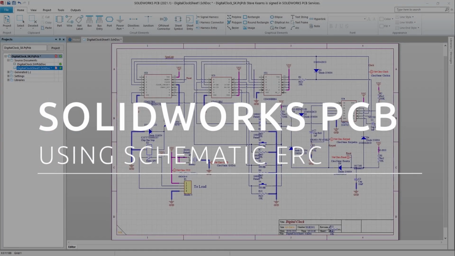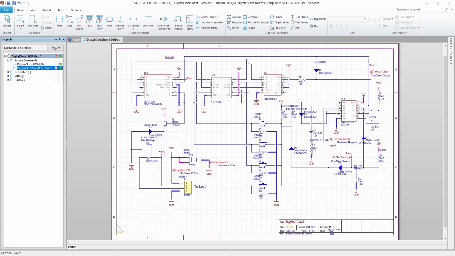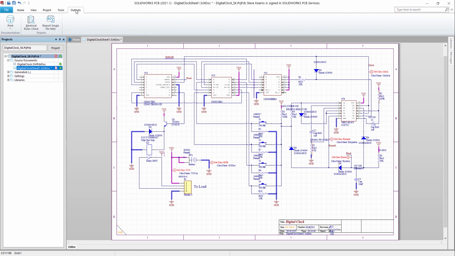In this session, we are looking at checking the schematic using electrical rules checking, known as ERC. This provides feedback to ensure the design is error-free. This is run from the Outputs ribbon,